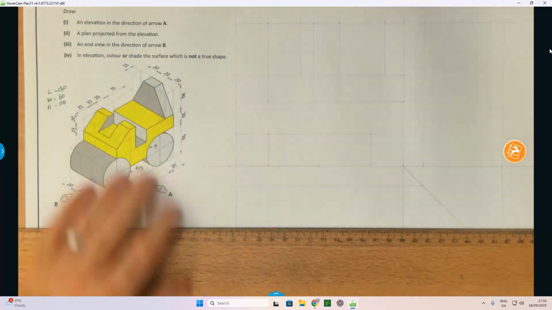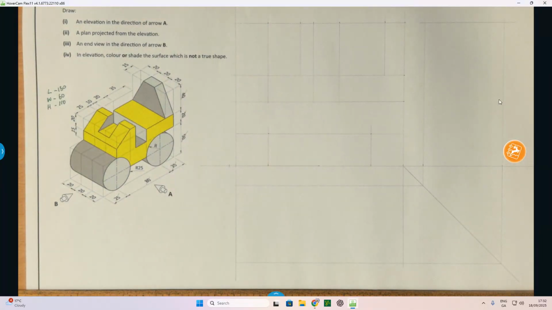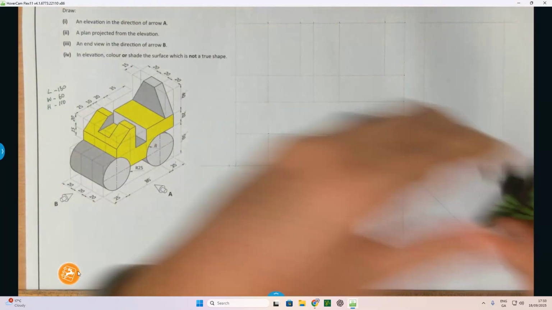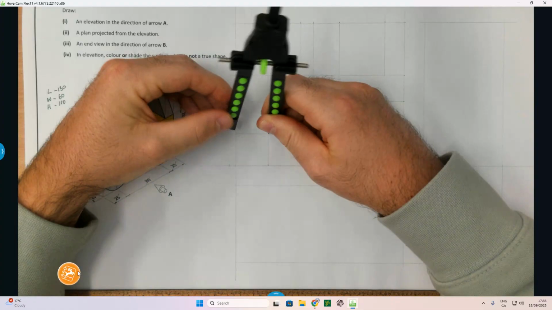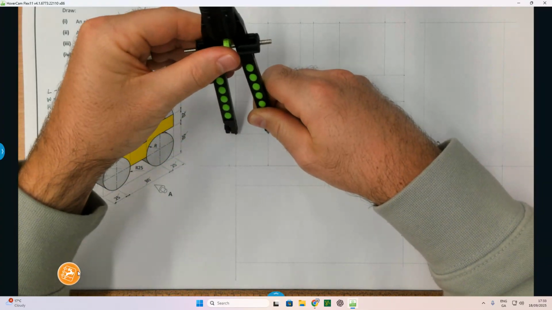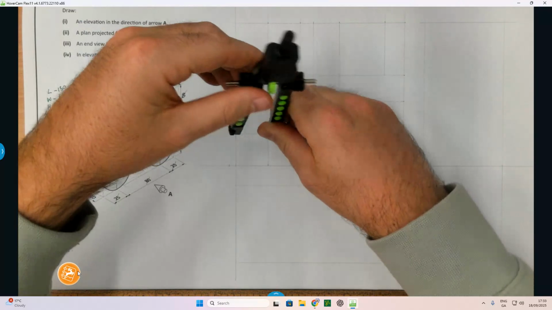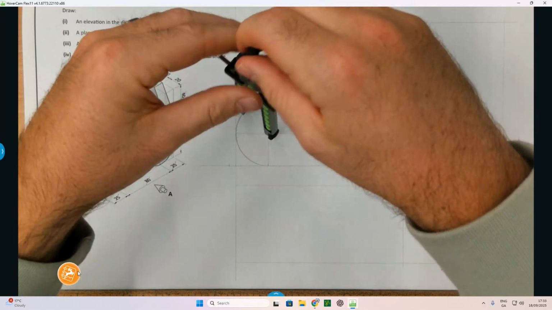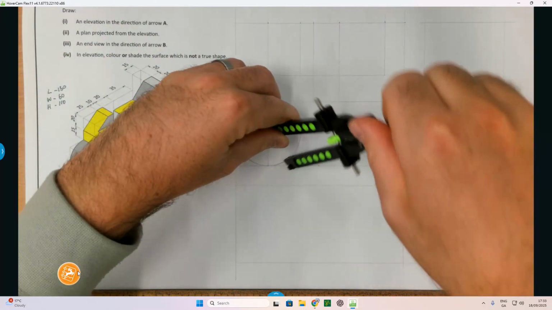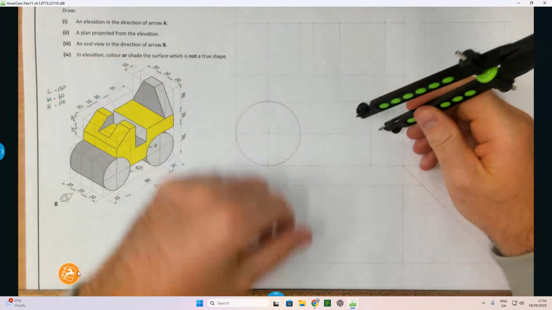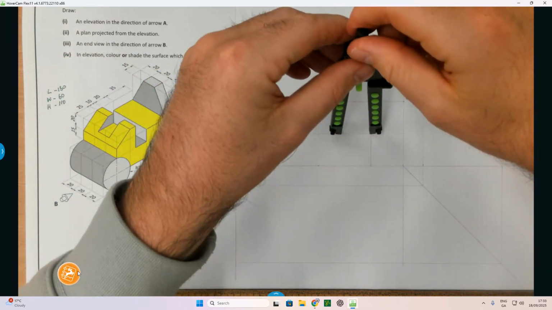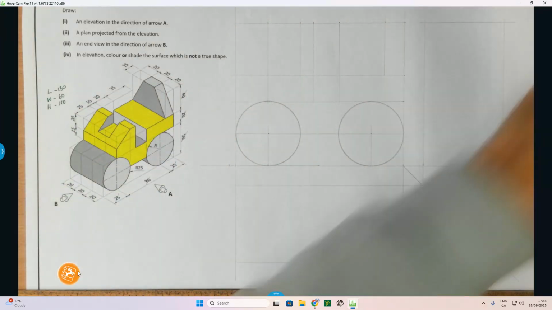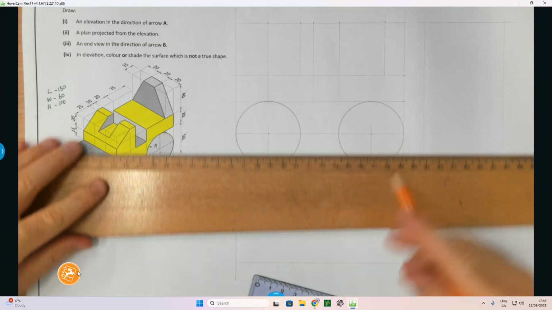Okay, just zoom in there a little bit more, so you can see that fully on the screen. Now what I'm going to do, take my compass, and before I even scribe in my arc, I'm just going to check. Quite happy with that. Same thing here. So you can see the two wheels. Now that I have the two wheels in,